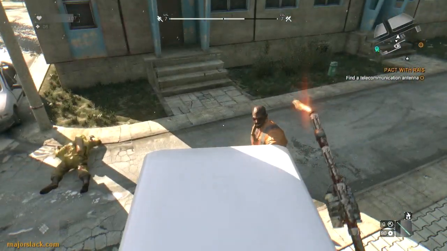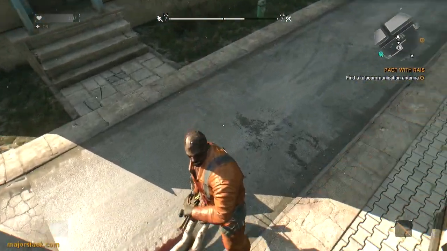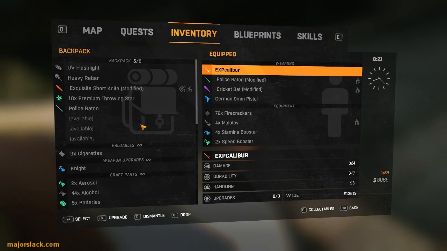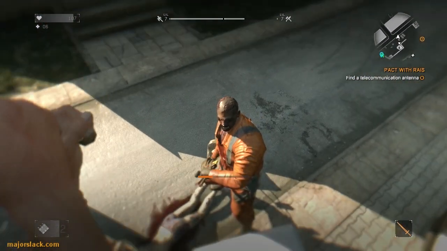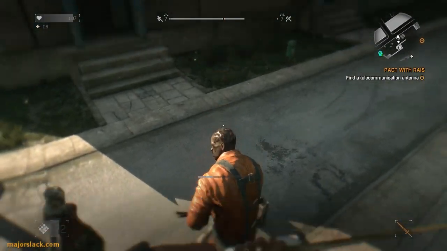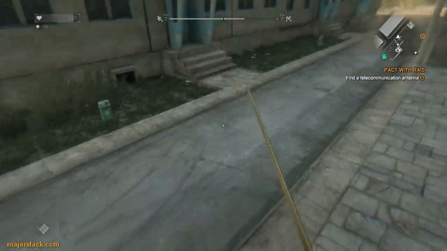And now I want to use the EXP caliber to see if I can instantly do an instant kill on one of these guys. This is something I've never tried before, so I'm experimenting, standing on top of a van and seeing if I can get enough range from the EXP caliber to do a headshot, and apparently the game won't let you, even though it seems like it's physically possible. So now I crouch down and try again, and the game still won't let you. It seems like it's got some pretty good range, but...